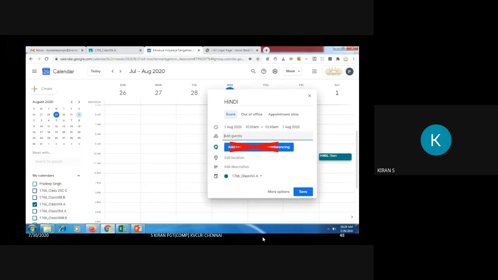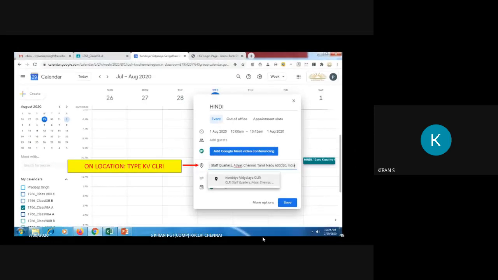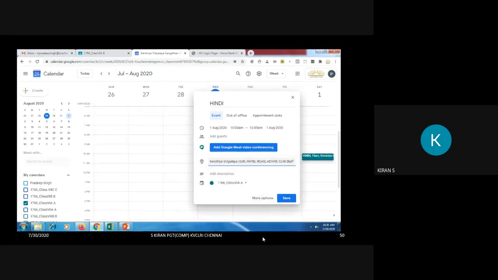Please remember at no cost you will click on generate meet link because we are going to use only one link, that will be the permanent link. Click on location. Here if you type just KVCLRI, Google Maps will automatically find our school and it will be displayed. You can just click on the Kendra Vidyalaya CLRI which is displayed over there. It will get added over there.